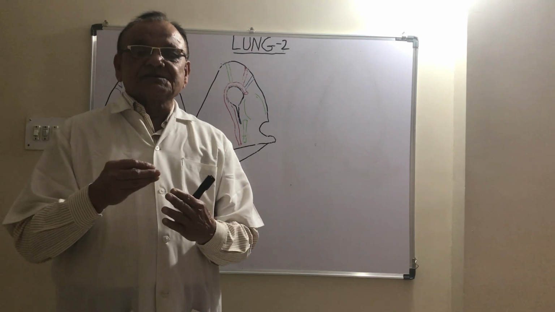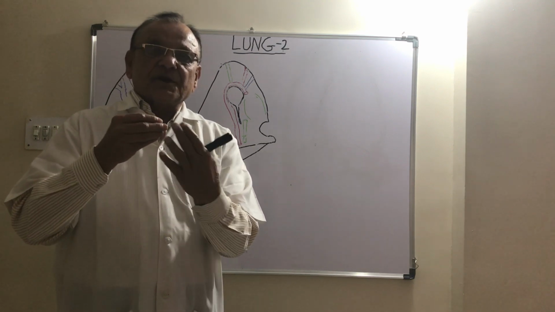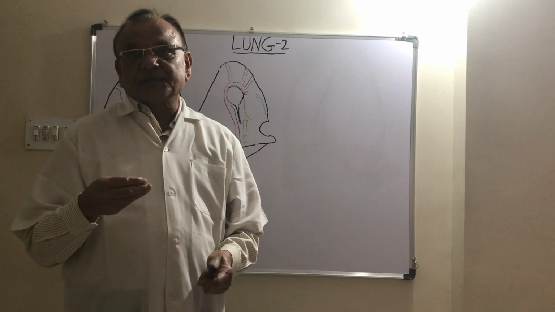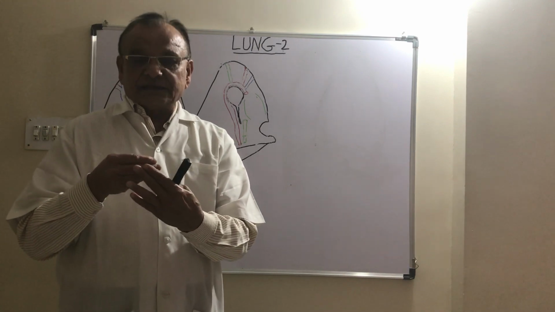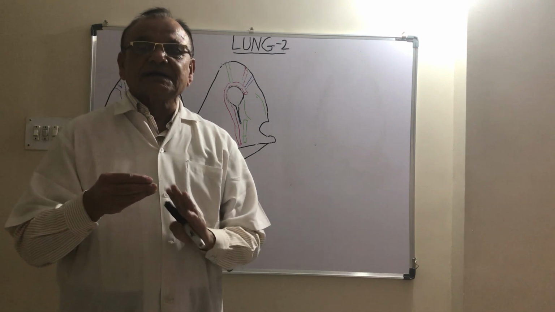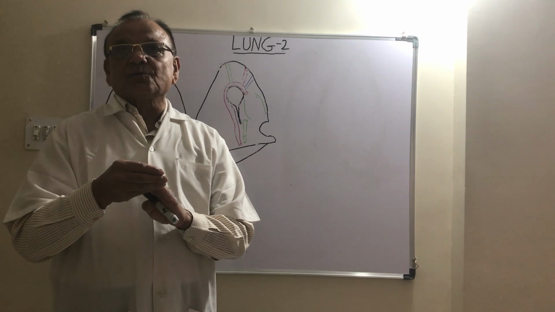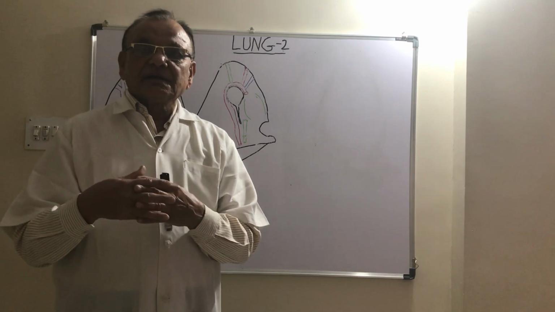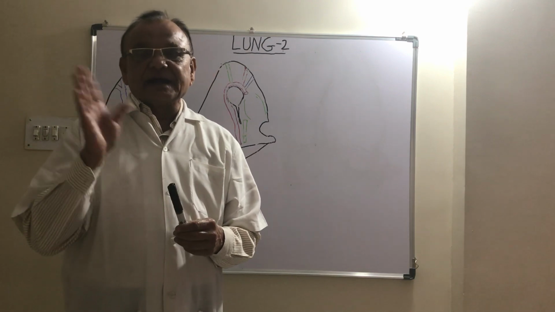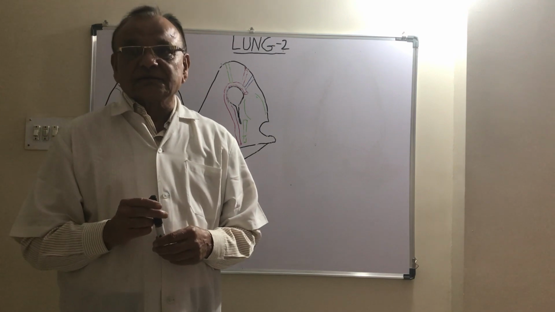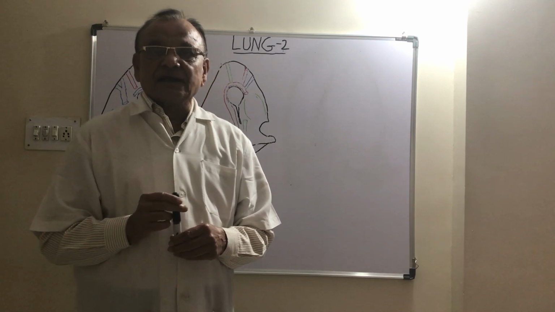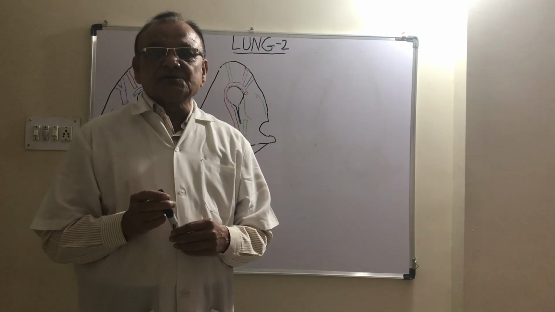In front of and behind the structures there is an autonomic nervous plexus. The plexus lying in front is called the anterior pulmonary plexus, and that lying behind is called the posterior pulmonary plexus. In between these structures, loose areolar tissue is present. These structures which either enter or leave the lung through the hilus are together known as the root of the lung. The relation of these structures in the hilum we will see next time. Our today's topic is over.